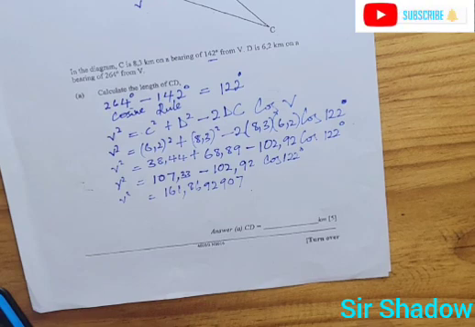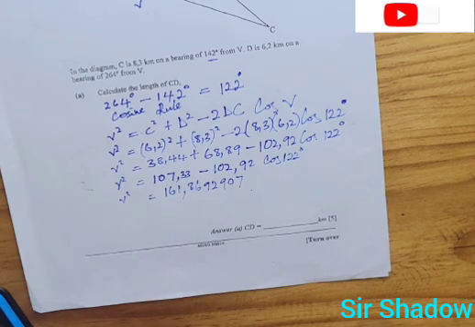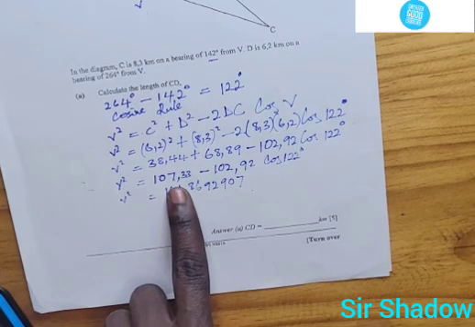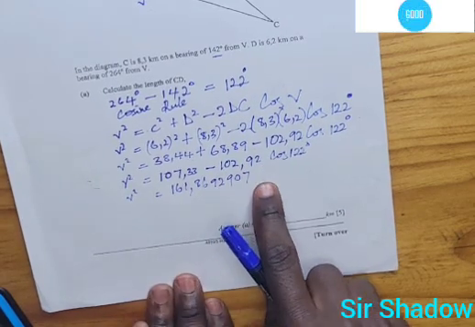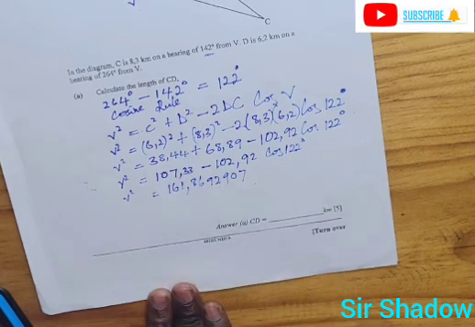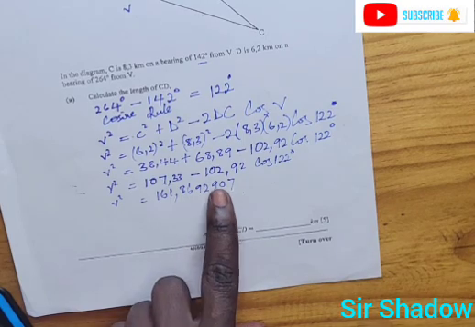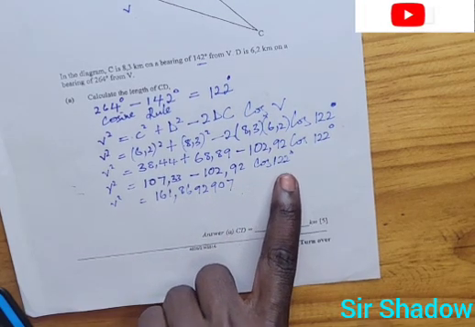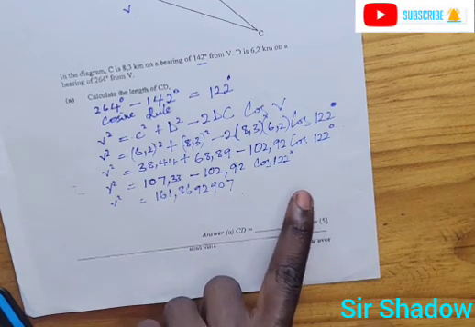Remember, we don't have to break this rule. It's not applicable, or it's difficult. So we can't add 107.33 minus 102.99, just because 102.99 was joined with cos 122. So 102.92 cos 122 is one and the same thing. So we have to simplify it once. So 107.33 minus 102.92 cos 122, which is equal to